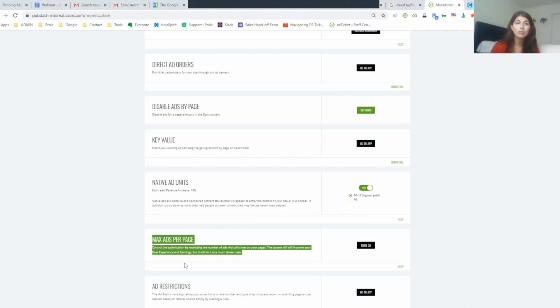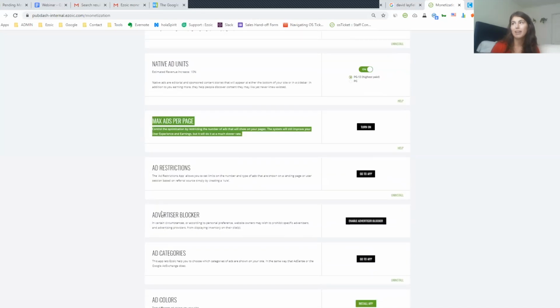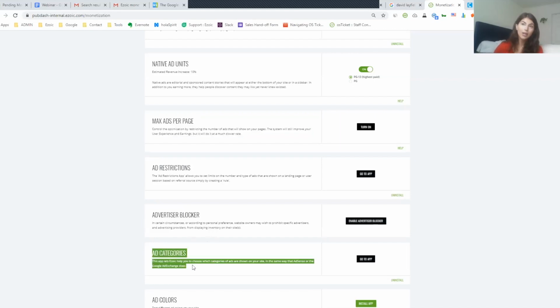And then we also wanted to show you the ad categories and advertiser blocker app. So these aren't used as often. The ad category app can block certain categories, whether it's like gambling or sexual, so you can block certain ads depending on the